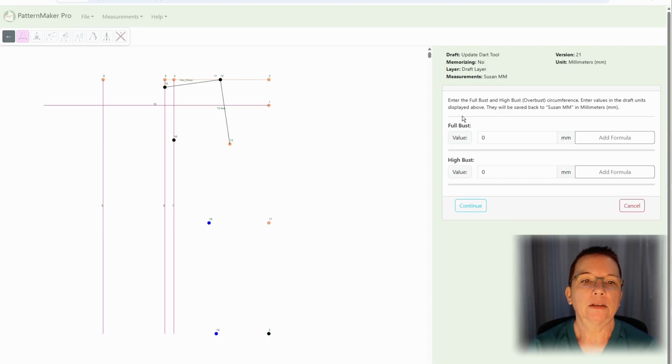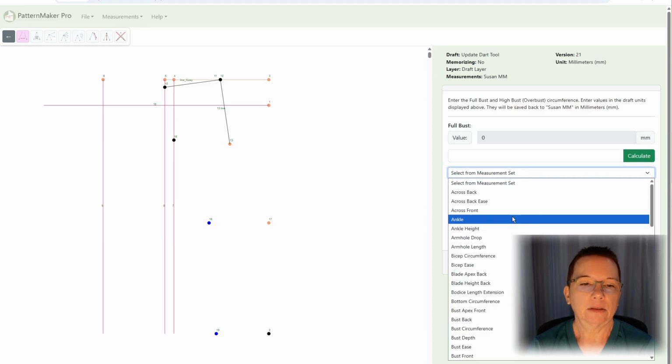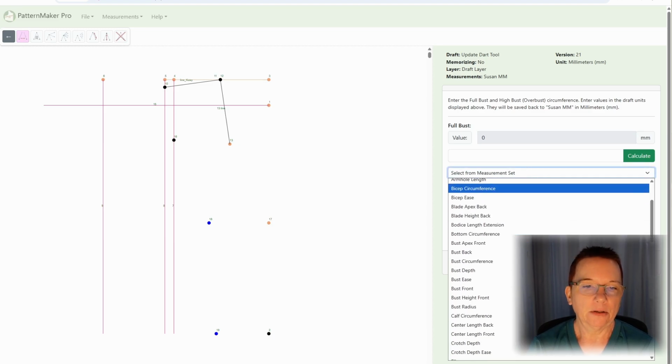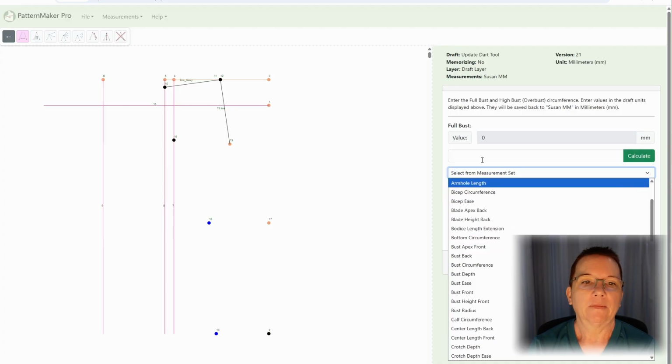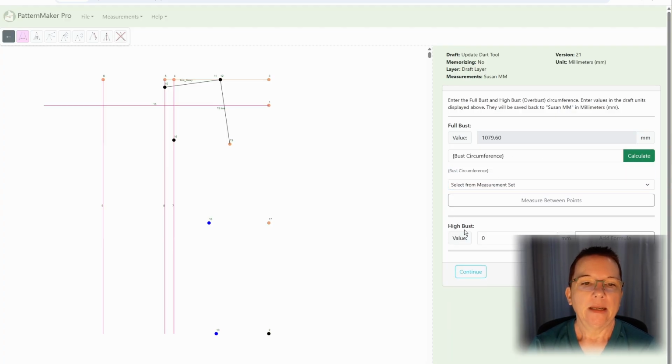So now it wants to know what the full bust value is. And I can just use the list like you would for anything else, and I'll come down here, and it wants the full bust, so be careful about that. Don't pick your front. I'm going to choose bust circumference right here and calculate that,